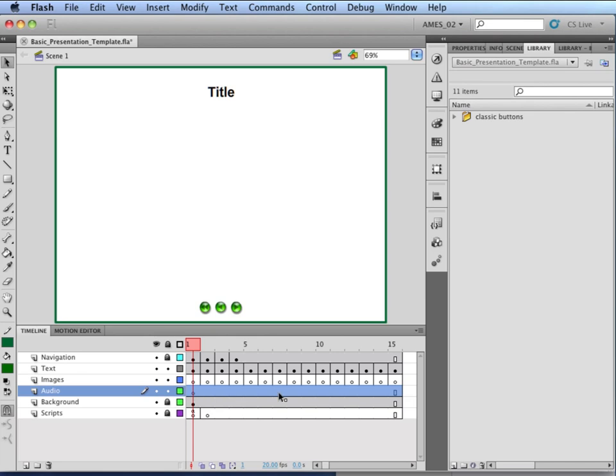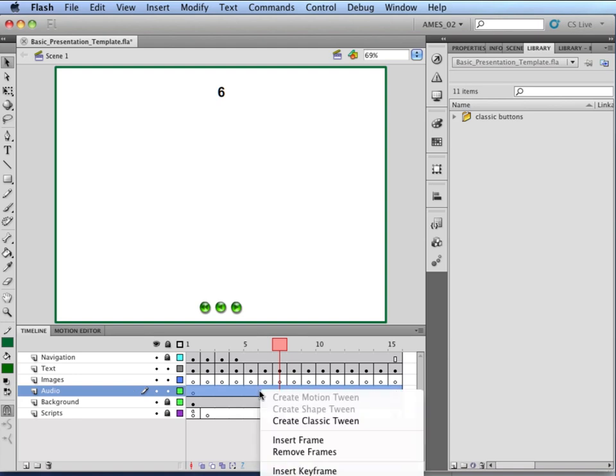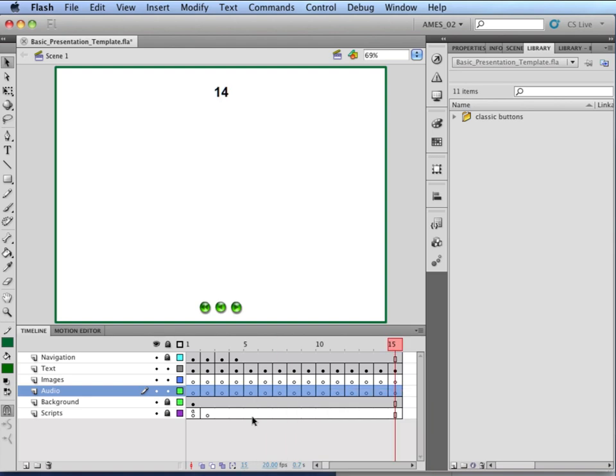So we want to take the highlighted audio layer and break it into keyframes so that we can assign audio chunks to each frame. So we'll just say convert to blank keyframes. There we go. So now we have a layer where we can put audio on each to go along with